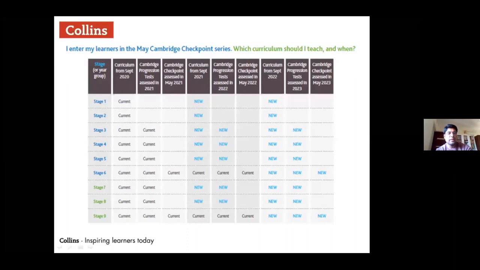But the curriculum and the course content for stage 9 is still not ready. That will hit the market in 2022. So as a matter of fact, the stage 9 curriculum and the resources will be made available to us by the end of 2021. So for stage 9, whatever exams you're conducting and whatever exams you're taking, that will continue with the current syllabus. Please do let me know if you have any questions on this.